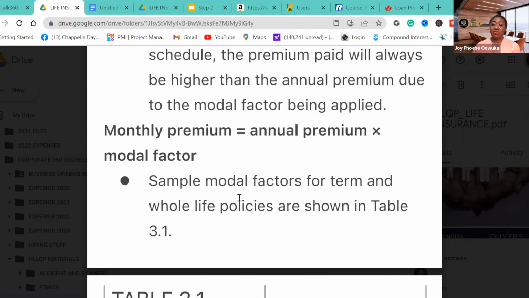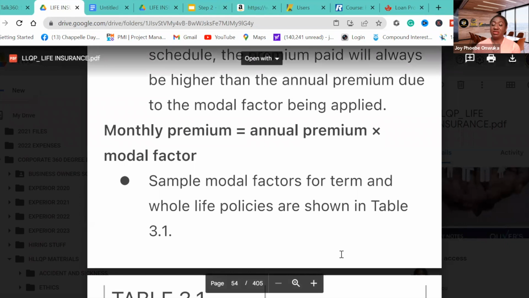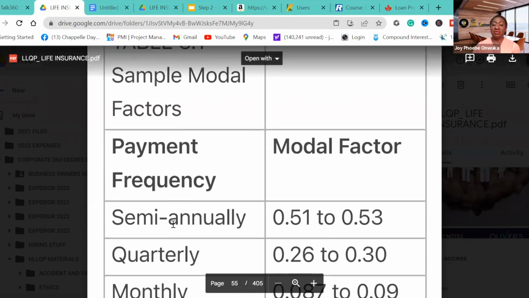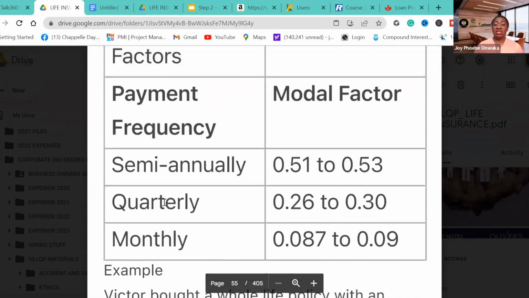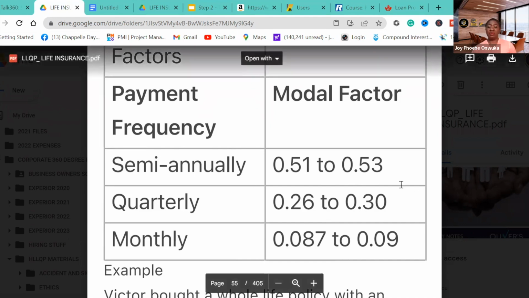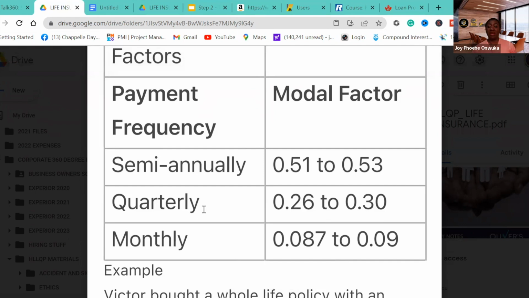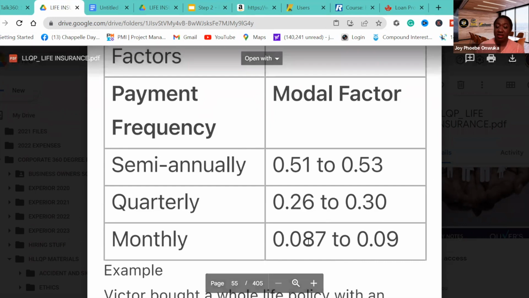Now, sample modal factors for term and whole life policies are shown in this table. All right? So this is modal factor and this is the payment frequency. Now, if somebody is paying semi-annually, they take the annual premium multiplied by this. If they're paying quarterly, it is the annual premium multiplied by this. And if they are paying monthly, then it will be the annual premium multiplied by this. For example,